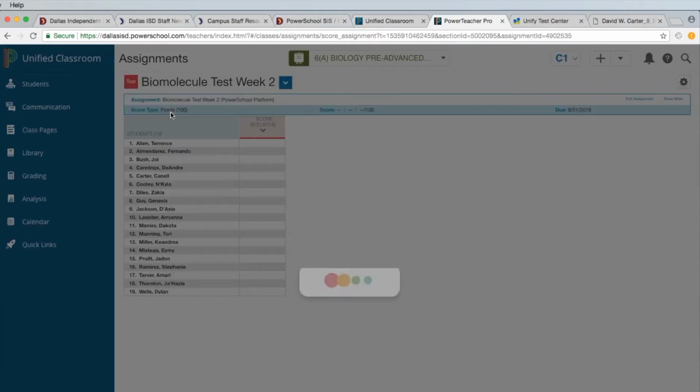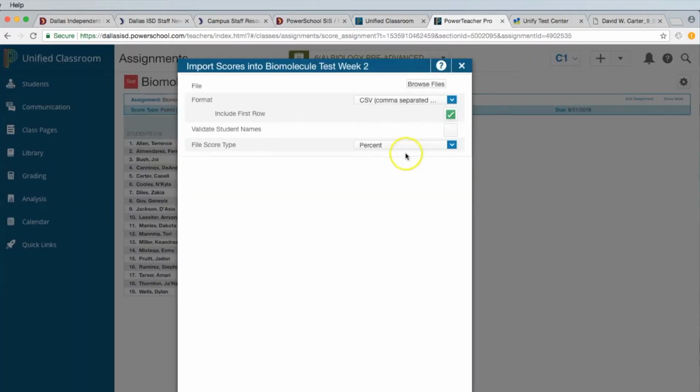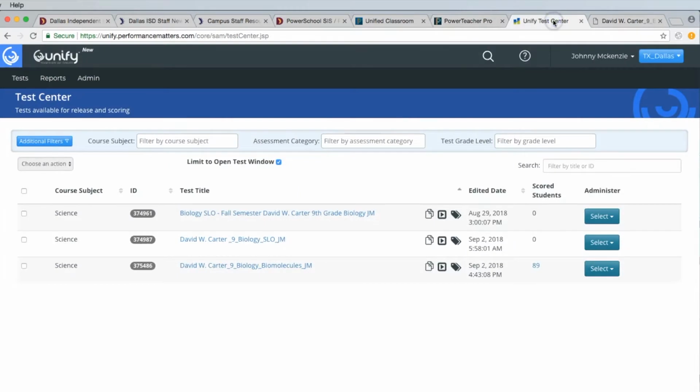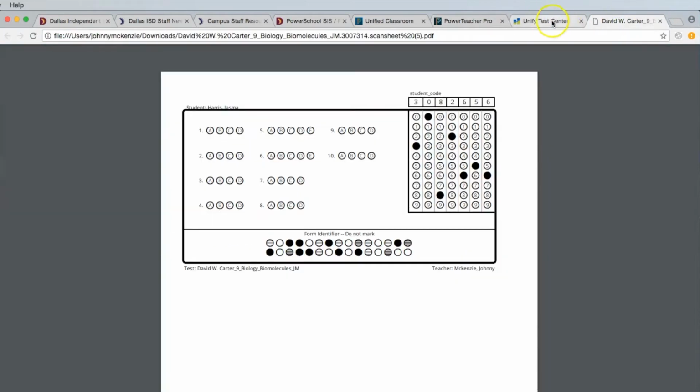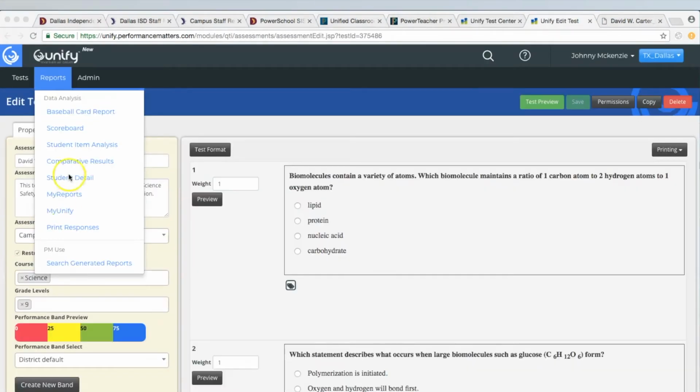Once I've done that, it's going to bring me to my assignments page. This is where I'm going to actually be able to import scores. So I'm going to click on my icon here, and I'm going to click on import scores. So now it's ready for me to import my scores. On the other side, I'm going to go back to my Unity Classroom. In Unify Classroom,